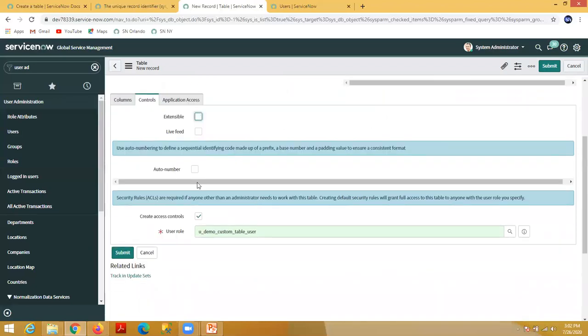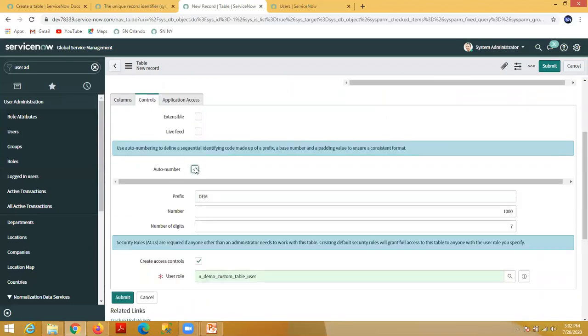And auto number is nothing but this: if someone creates a record, a number should be generated automatically. You can set the prefix. Let's say demo was the old prefix. You can set the number.